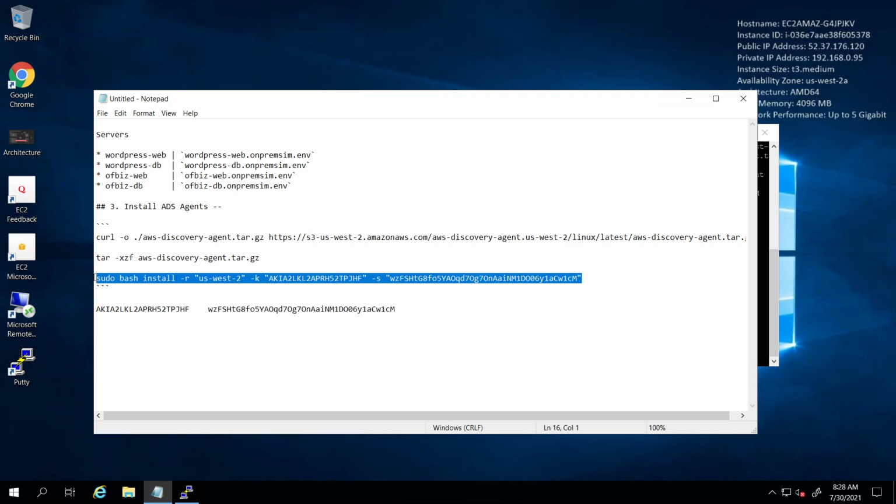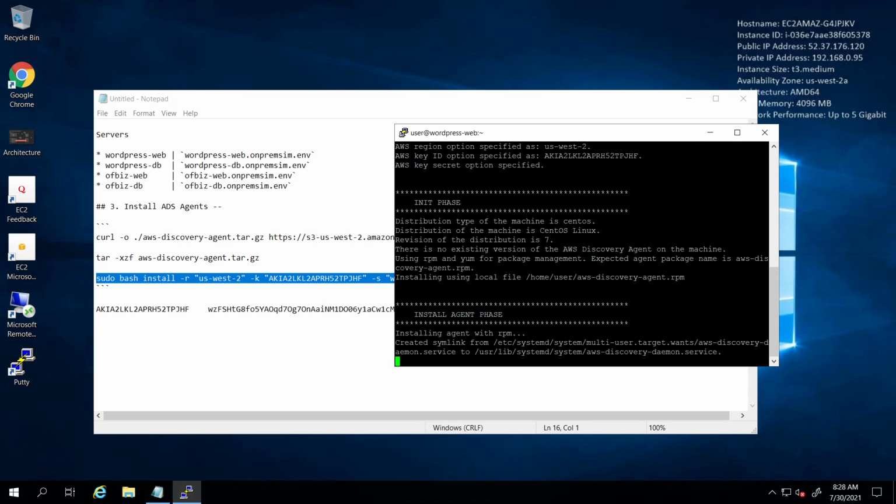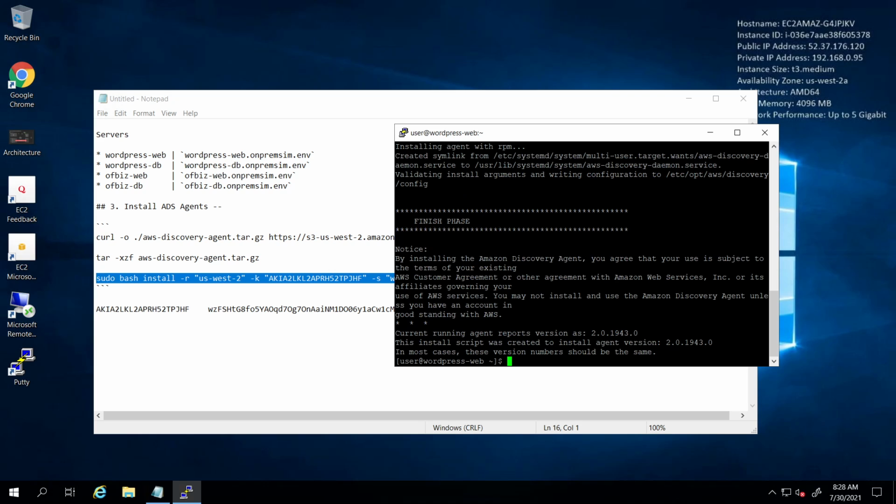Now, all right. Now this is installing the agent. We will repeat the same steps for all the other servers.